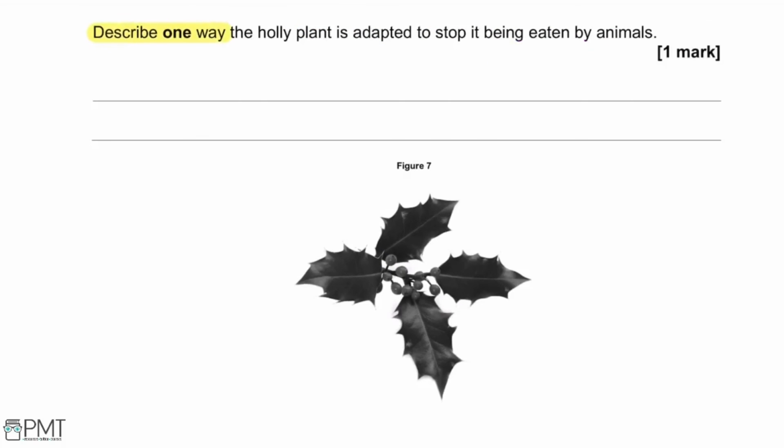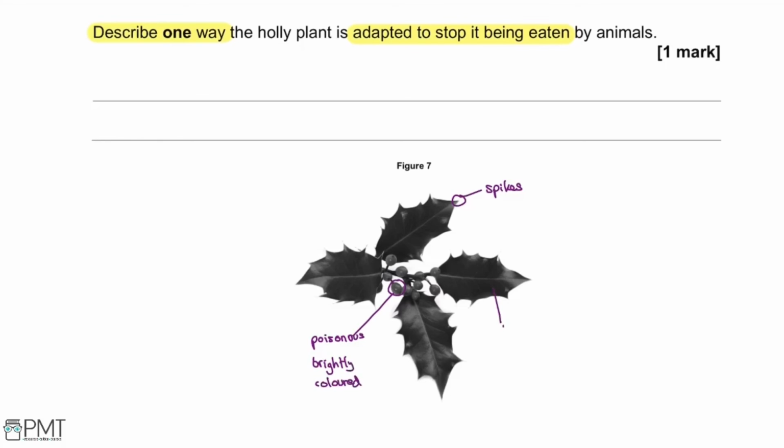Describe one way the holly plant is adapted to stop it being eaten by animals. So we can use this image to help us out. One thing that you might notice is that it's got these spiky tips on the ends, so that's going to make it really uncomfortable for animals to eat it. The other thing that you can see is these berries, so these would be poisonous to eat and they'd also potentially be brightly coloured, and that would warn the animals away from eating it as well because it will indicate